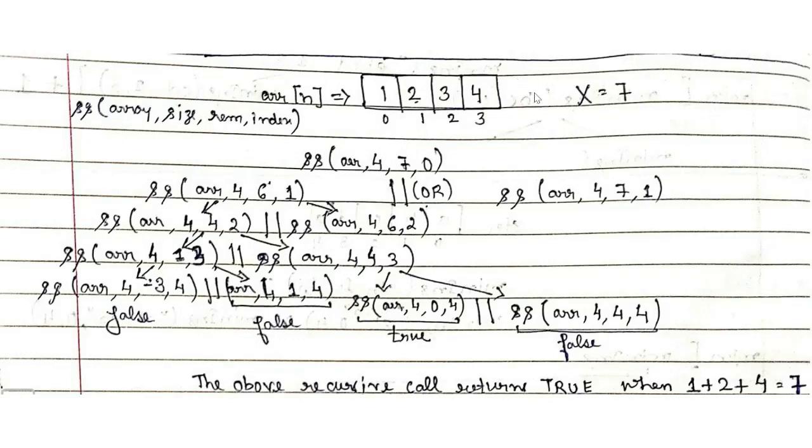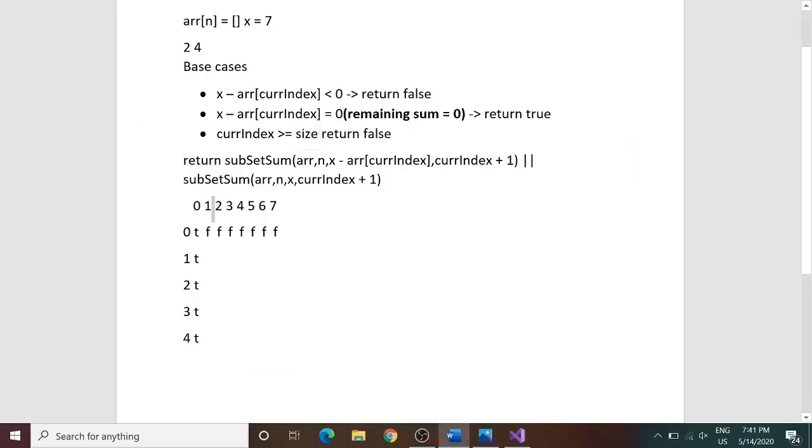And when did I reach out of bound? Because I already made use of all the elements present in my array. That's why I would have reached out of bound. So what does this signify? That I have no elements left with me, but I still have a sum of 1 left with me. It was this subproblem. I still have a sum of 1 left with me, but I do not have any of the elements left with me.